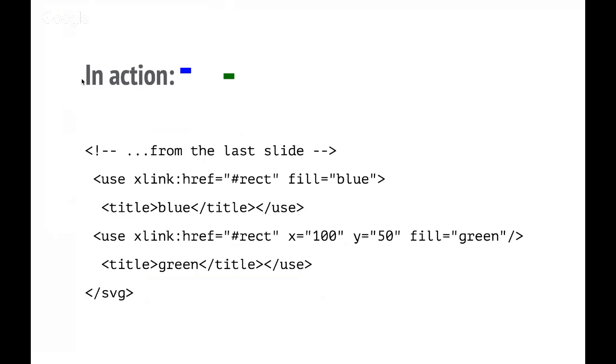having defined those defs, we can use the same thing in different places. Technically what we're doing is producing a clone of the original defined thing. It should be a copy, and we can give it further characteristics. So here I've added different colors to different copies of that piece. I've given them a more specific title. If you go to the next slide,